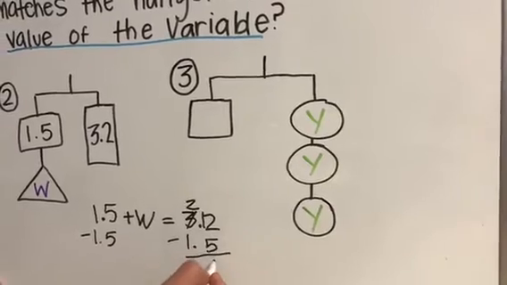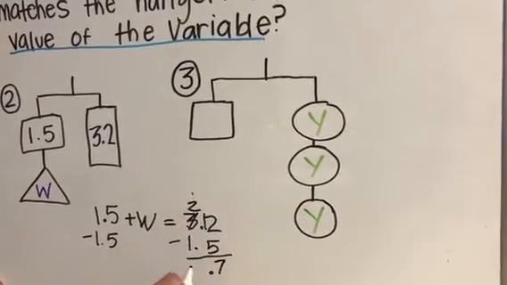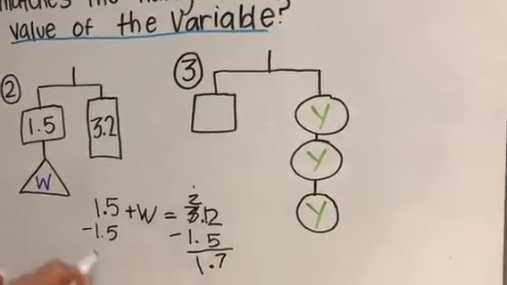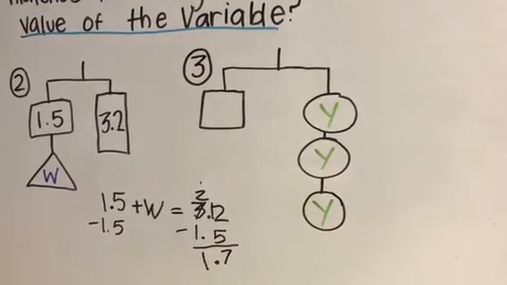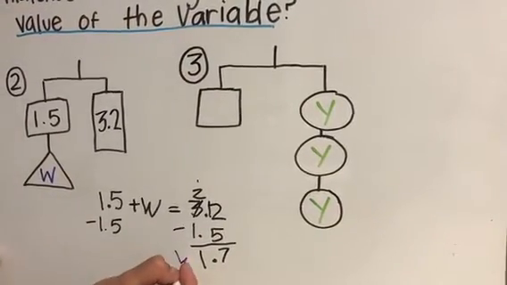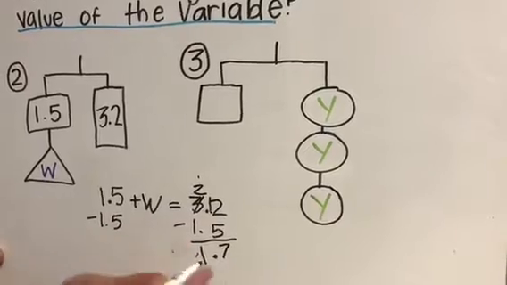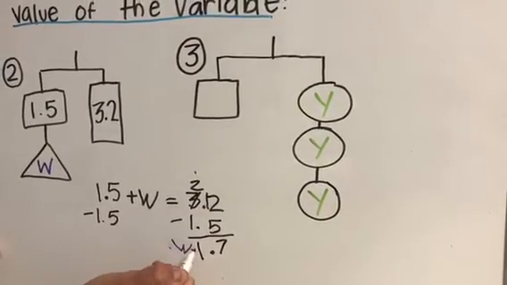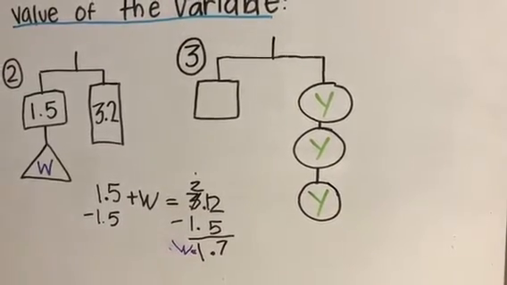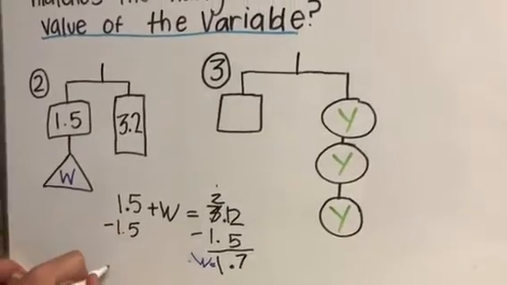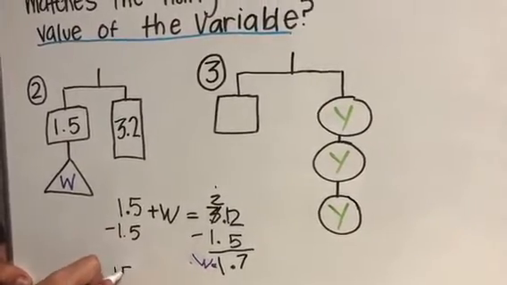5 minus 12 is 7. 2 minus 1 is 1. W equals... whoa, that's an ugly W. W equals 1.7. And in order to check our answer, we can go ahead and go back and plug it